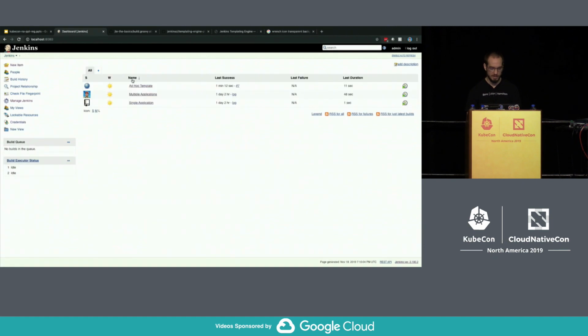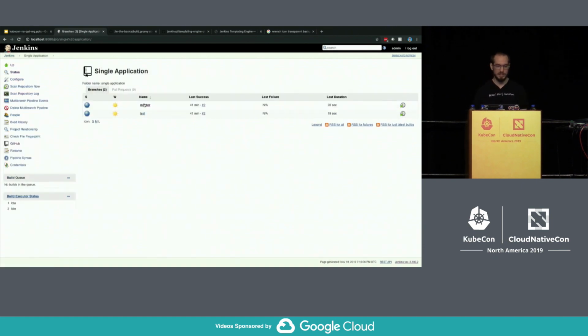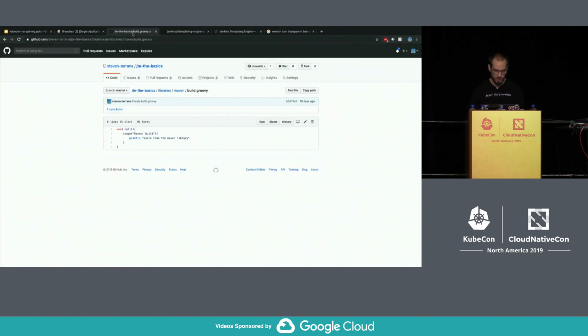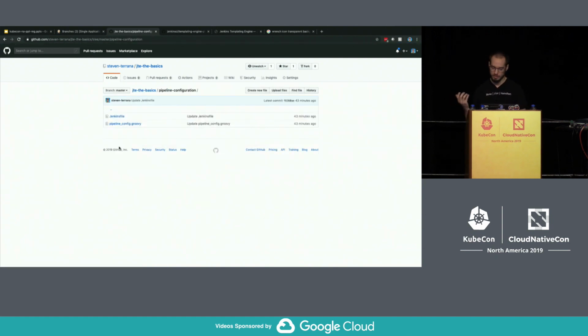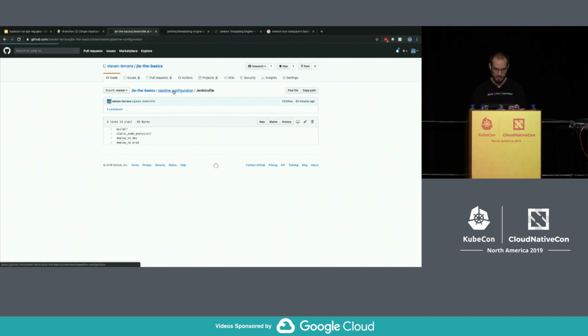So in practice, you're not going to want to put that information in your Jenkins UI. You're going to store it in your repository most likely. So this is a multi-branch project, which means it's going to automatically create jobs for every branch and pull request in your pipeline. Here, the Jenkinsfile has been pulled out of the repository. We can store it right alongside our libraries or in a separate repo. Doesn't matter. We can define that pipeline template externally,